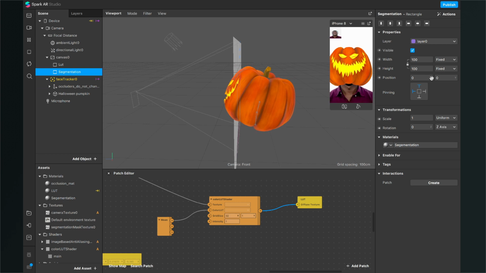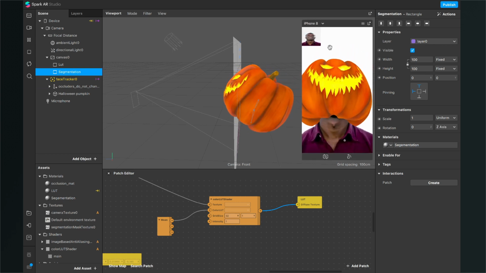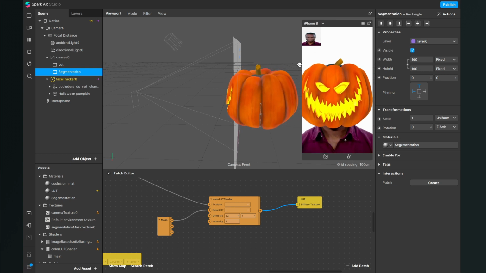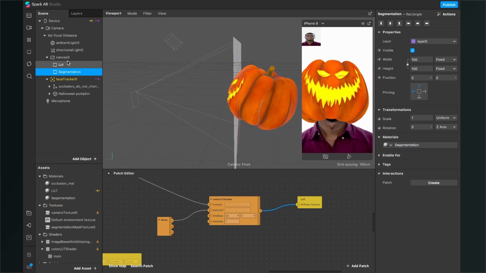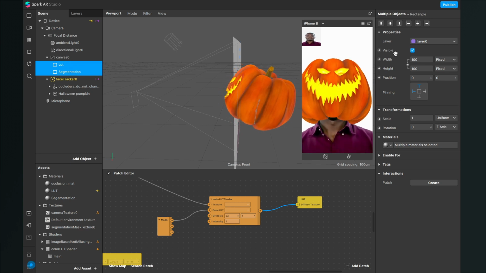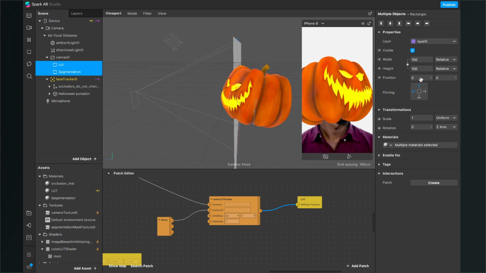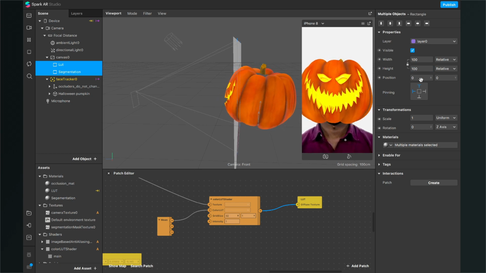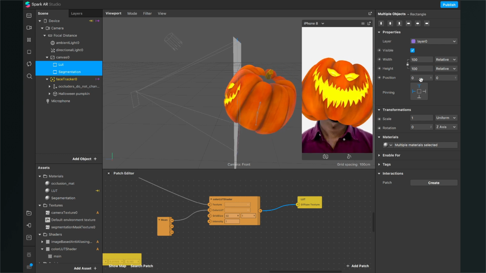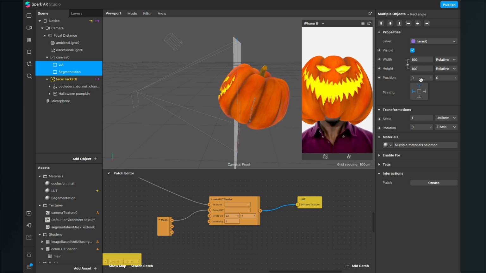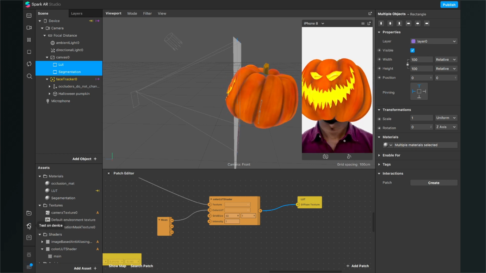So for the LUT, of course, select the material LUT, and for the segmentation, select the segmentation material. So now you can see that the rectangle is small in the left upper corner of the viewport, but to change this, just select both rectangles, go to the right hand side and set the width to fill width and the height also to fill height. So now the background is segmented and is in black and white. Of course you can't see it here in the preview, but when you now export it to your phone, you can see it.